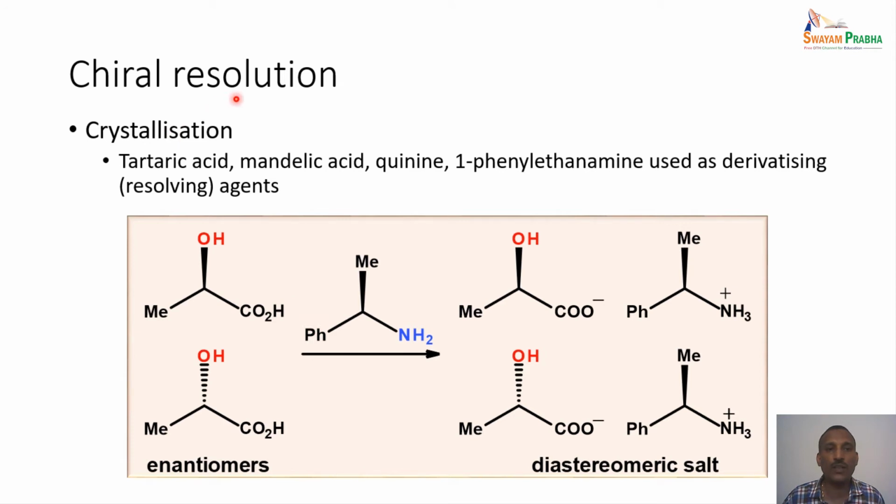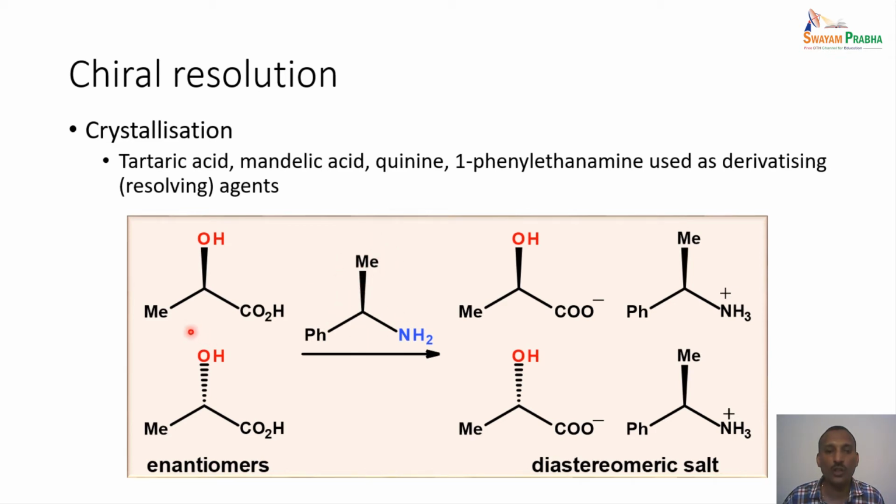So the first one is the chiral resolution. Here we will be looking at the crystallization method. As we mentioned earlier, tartaric acid, mandelic acid, quinine, or 1-phenylethanamine are all different reagents which can be used. These are some of the examples, not the complete list. Any of these compounds can be used for resolving. Here we are using 1-phenylethanamine as